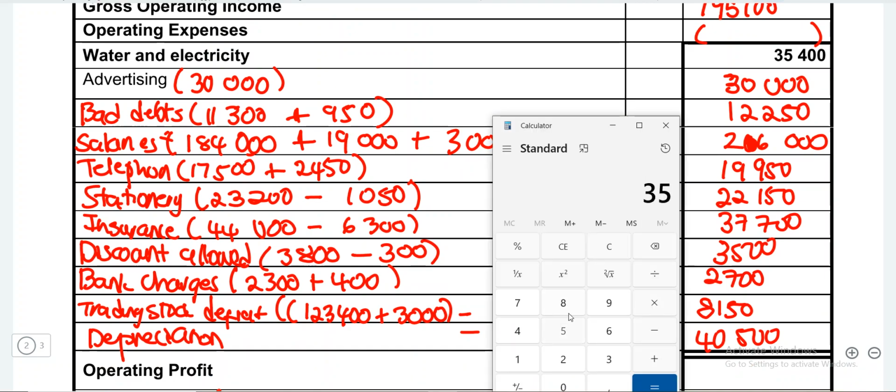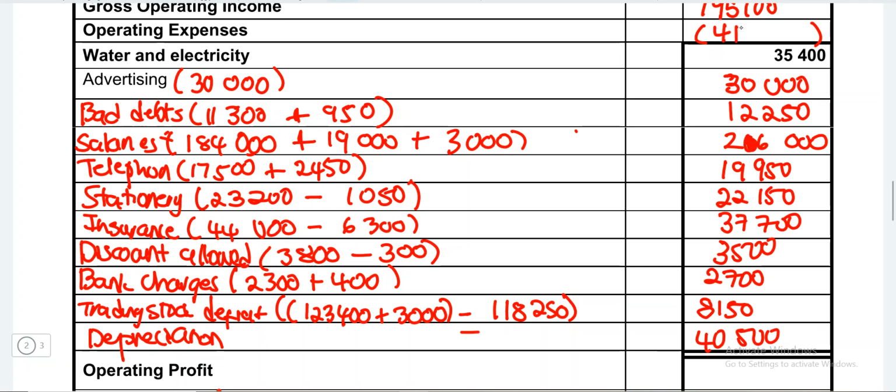So 35,400 plus 30,000 plus 12,250, and then plus 206,000, and then plus 19,950, and then plus 22,150 plus 37,700, and then plus 3,500, and then plus 2,700 plus 8,150, and then plus 40,500. We are getting 418,300. So I'm going to put it here,